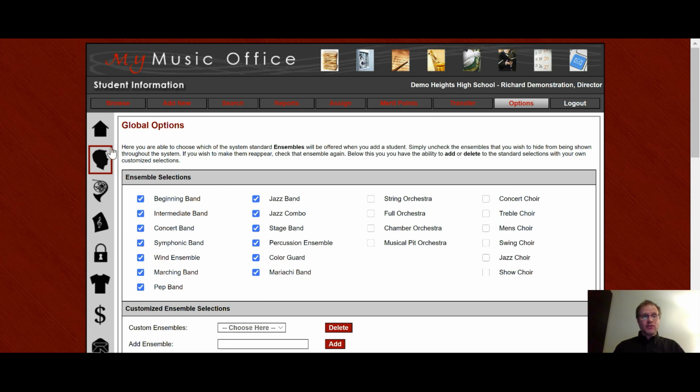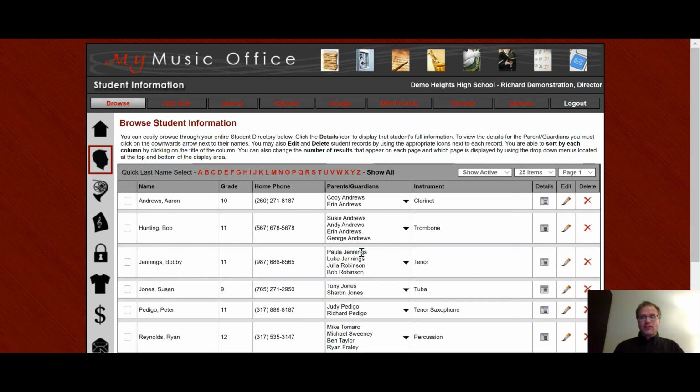I hope this has been very helpful as far as the area of the student information. If you have any questions whatsoever, once again, fill out a help desk ticket or email me at